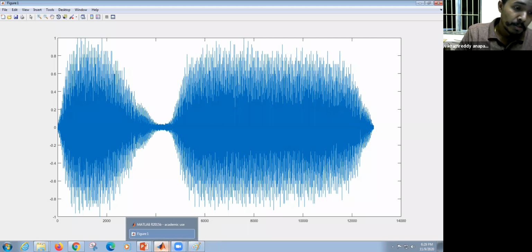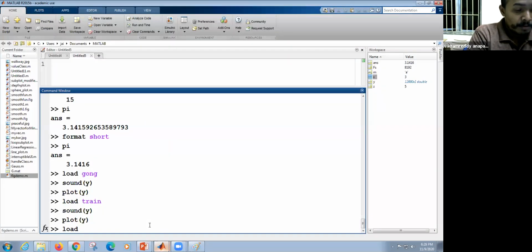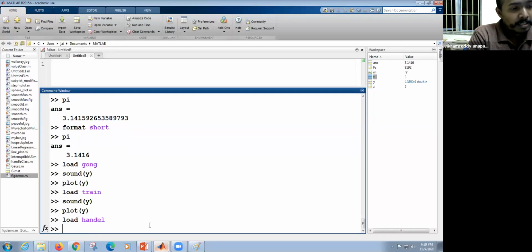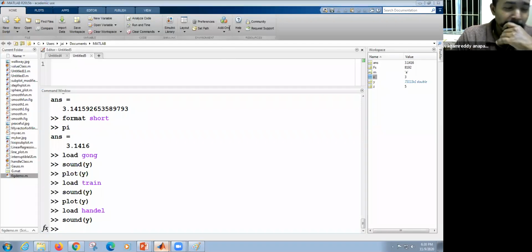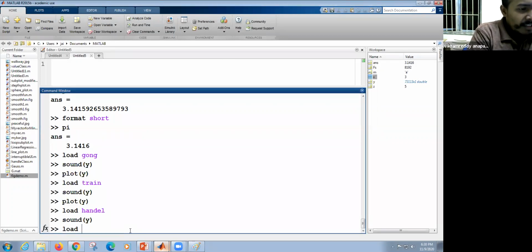Okay. So similarly, if you want to hear the snippet of Handel's Hallelujah, this is very famous. Okay, MathWorks fellows, they love Jesus. So they just made this handle as a file. Okay, so load handel, you have this. You want to hear a snippet of BART sound. So for that, and the load